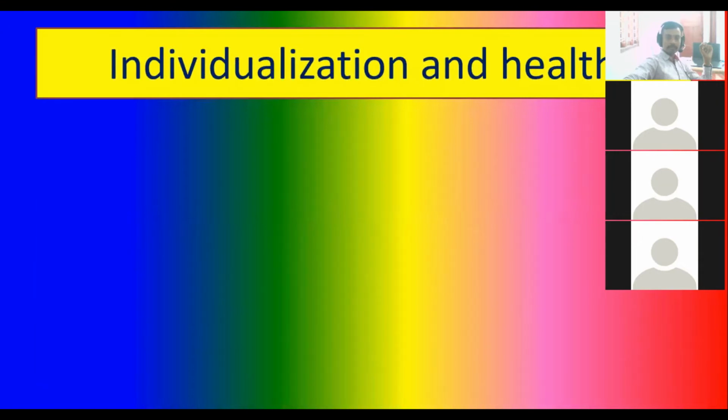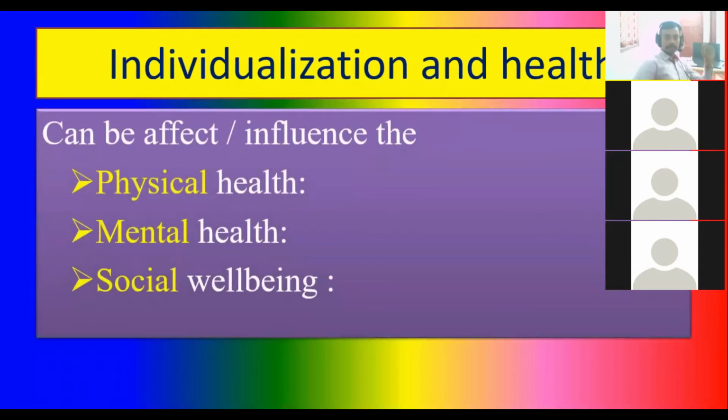Then individualization and health. Students, individualization promotes the health status of people. You can experiment yourself. For example, in my classes I emphasize to students: if any student feels sad, sometimes looking sad, at that time I give suggestions. Do every activity on your own, which brings happiness. Happiness means our health status becomes empowered.